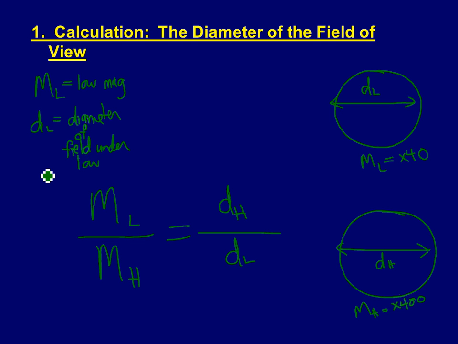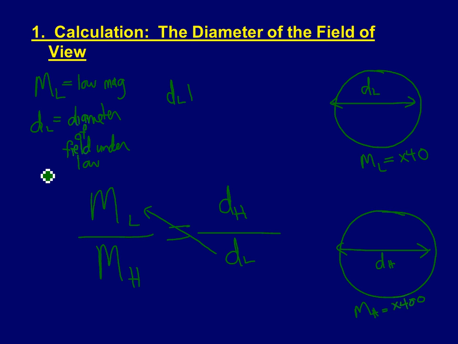If I want to get the diameter under high and I want to move this DL to the other side of the equation, what do I have to do? Depending on who your math teachers were, what do you think? Cross multiply, some teachers called that. Some teachers might say that you multiply both sides by DL. In the end, when we move this over to the other side, what you might have called cross multiplying, we have DL times